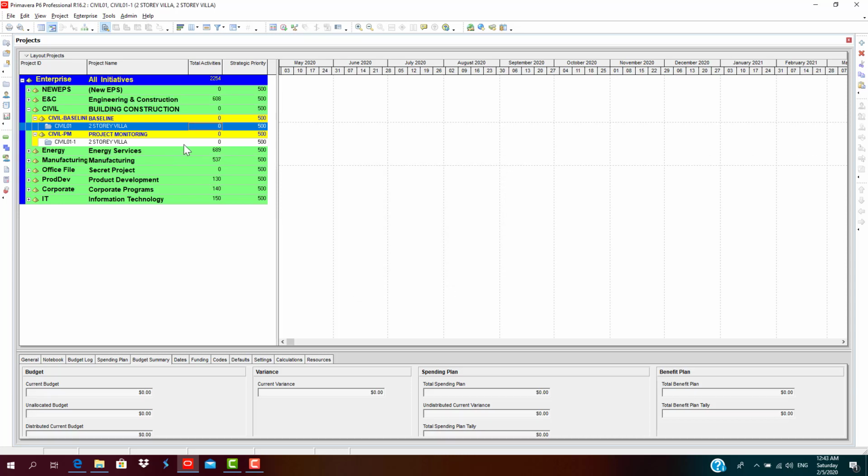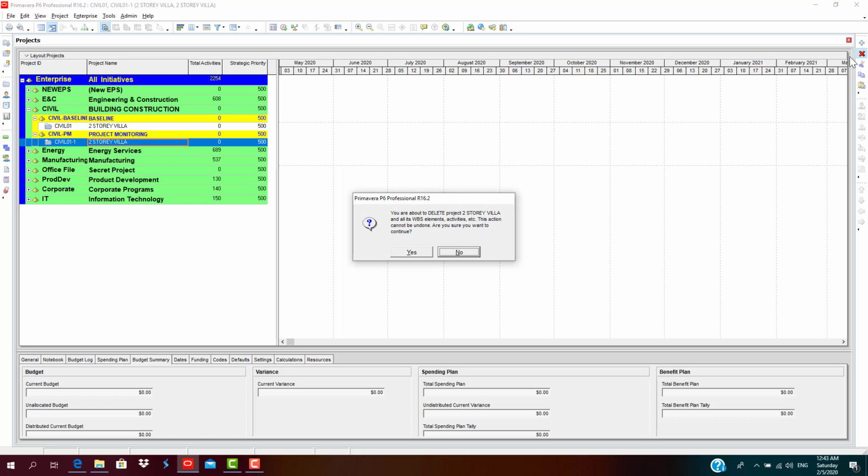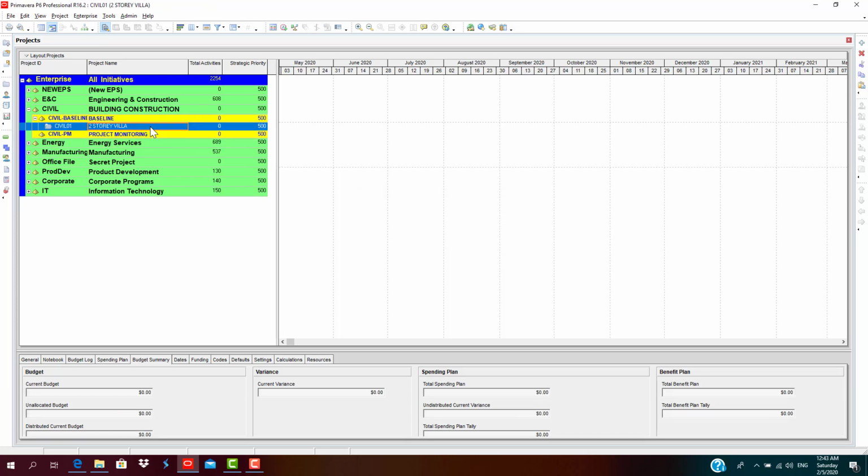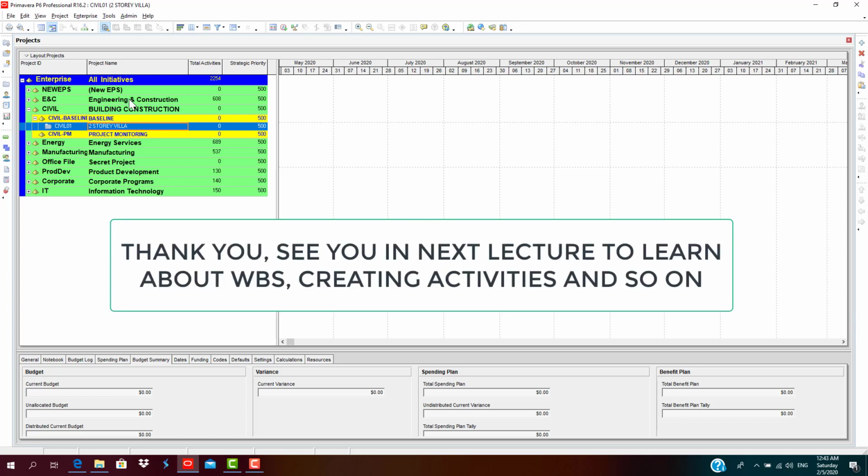The thing goes on. So now I'm focusing on creating a baseline of a project. So I'll be deleting the file under project monitoring. Once baseline is finalized, then I'll set this as a baseline and move to the project monitoring stage. So at this moment I'll be just deleting this file. I click here, delete, then yes, I'm going to delete this. Okay, thank you. We have deleted, we have created a project. Now the project has been created. In the next session we'll be discussing adding activities, durations, assigning calendar,